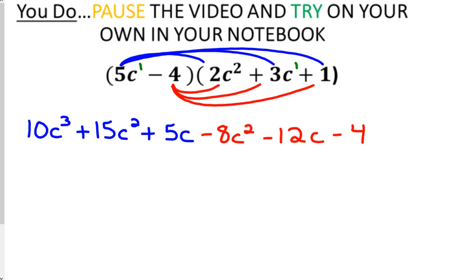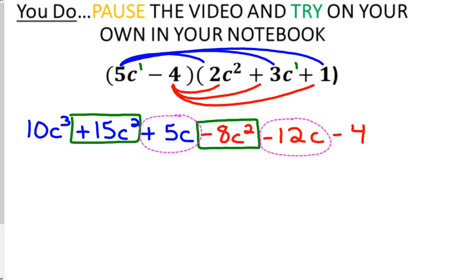Double check your exponents. Make sure you have the correct exponents, because you have to make sure that you're adding those invisible ones. Remember, each of those C's did have an invisible one. Our next step here is to combine our like terms. But first, we have to identify what are our like terms before we can combine them. And in this case, we have 2 sets of like terms, our C squareds and our regular C's are like